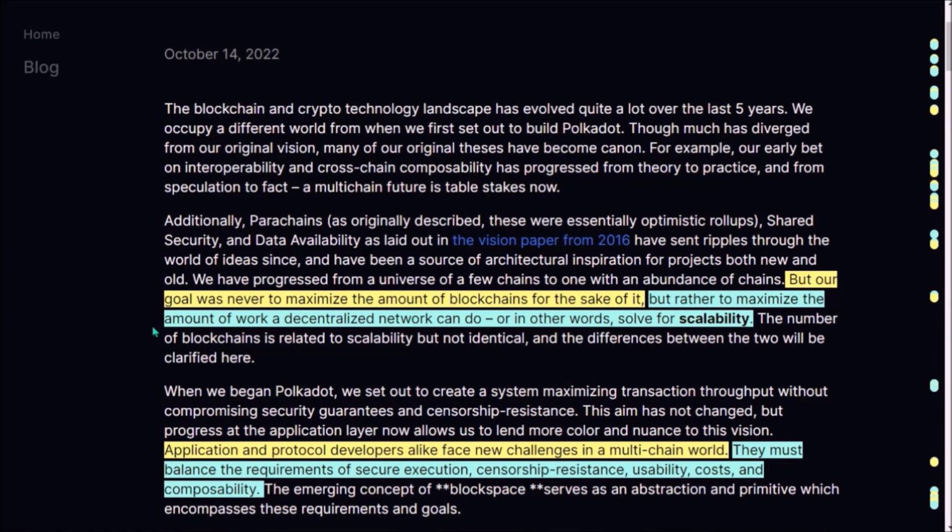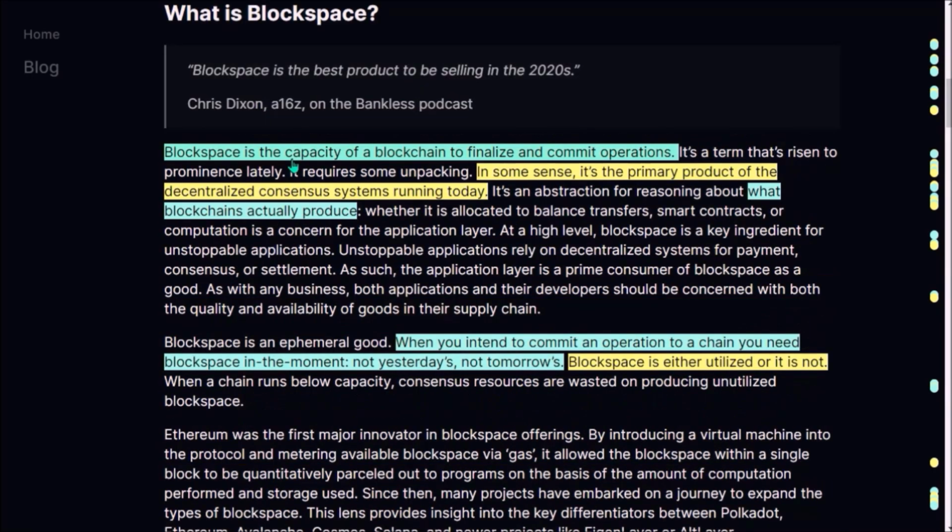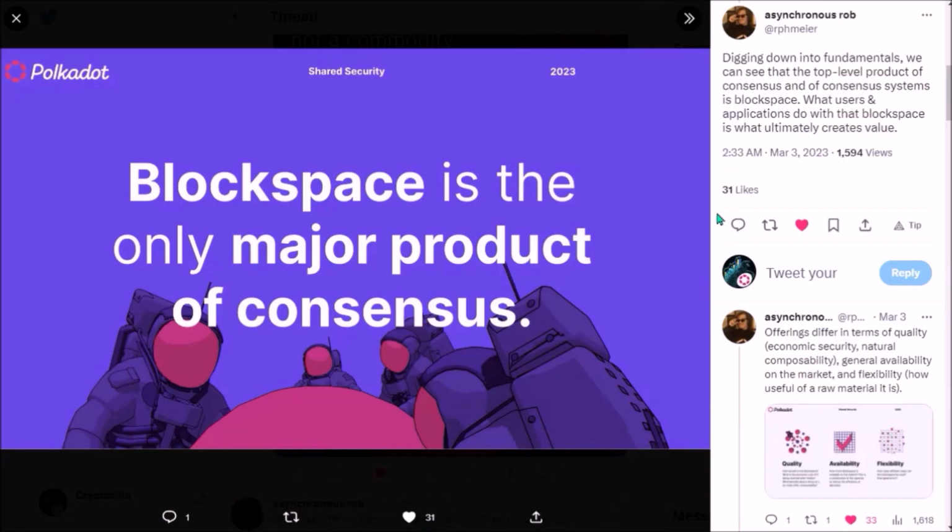The main goal should not be to maximize the number of blockchains, rather the main focus should be on maximizing the amount of work these blockchains can do, which means scalability is still the main key here. My understanding of this is that the number of blockchains running does not matter unless these blockchains finalize and commit operations. So Blockspace describes the capacity of a blockchain to finalize operations, which means Blockspace is the primary product that